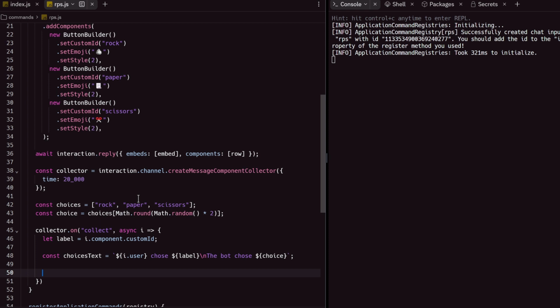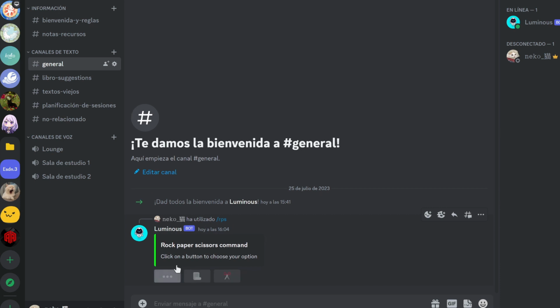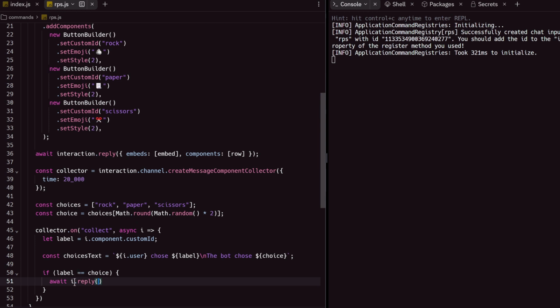I probably should have a better naming system here, but we're gonna deal with this for now. So let's say if label is equal to choice, so we're gonna look for a draw. If the label is choice, if both of us choose rock, it's gonna be a draw. So I'm just gonna reply to this interaction. So we click on a button, for example, a rock button, and it replies to that interaction. So it replies back, and now it's gonna say